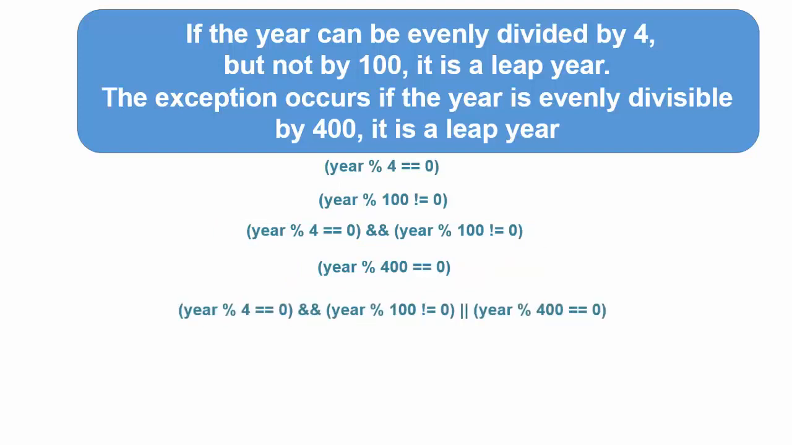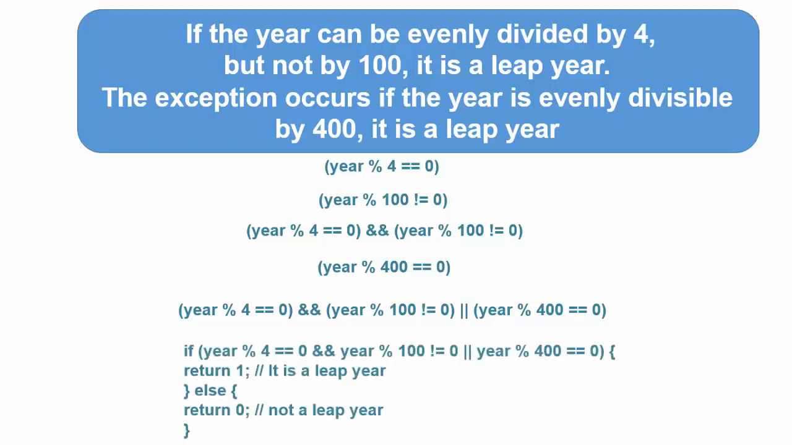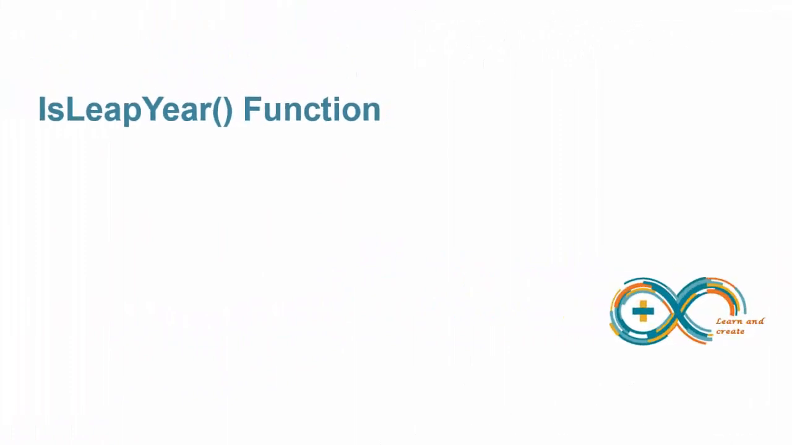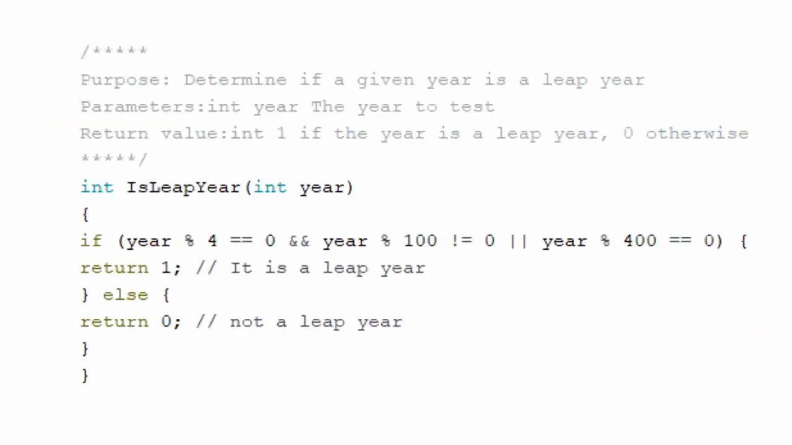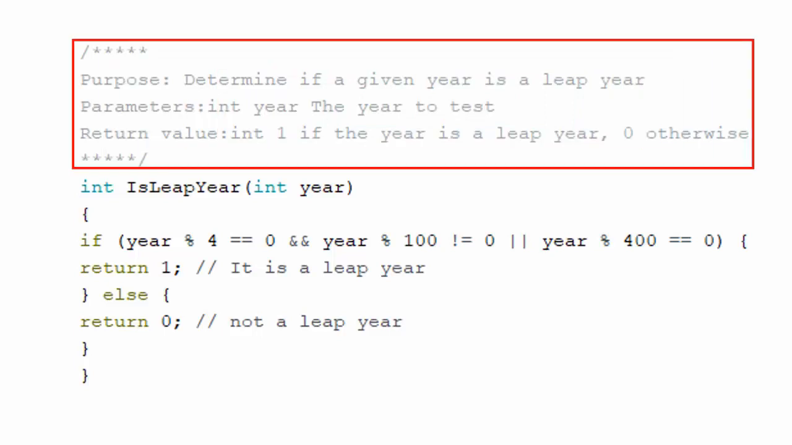Now that you have broken the algorithm down into its component expressions, you can write the test on year to determine whether the year is a leap year or not. The complete if test becomes like this. As we have written the code for our function body, we can now proceed towards writing the complete function code like this. It is a good practice to write documentation of the function in multi-line comments so that anyone can